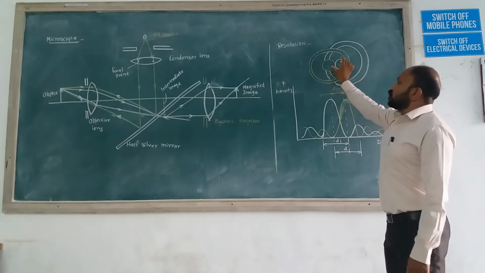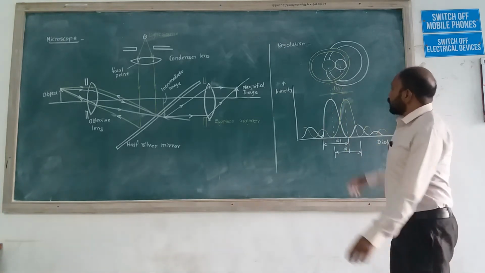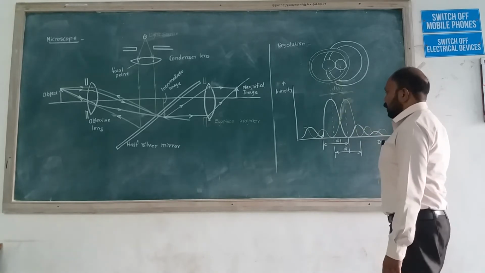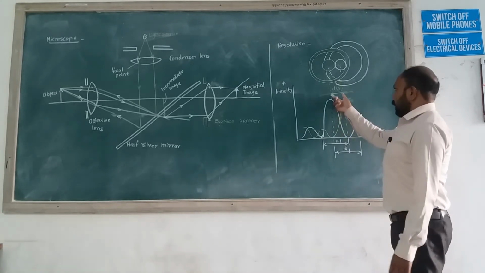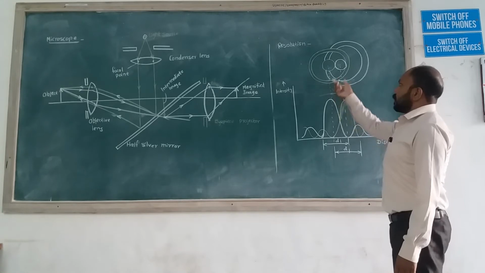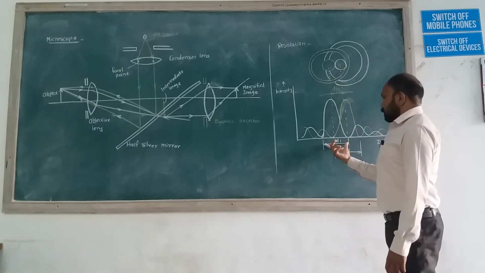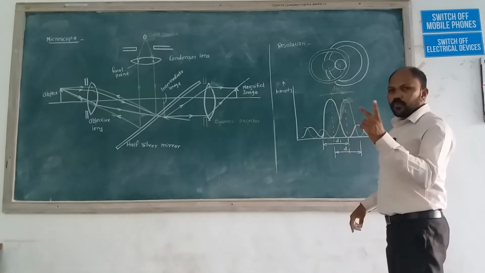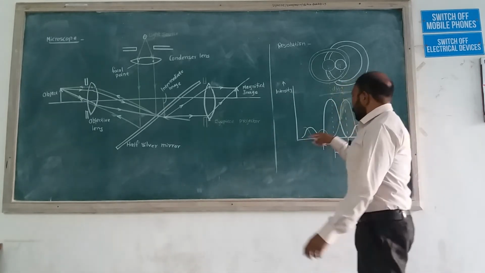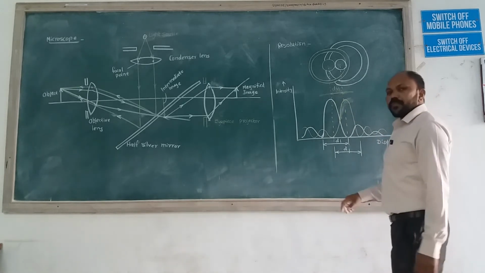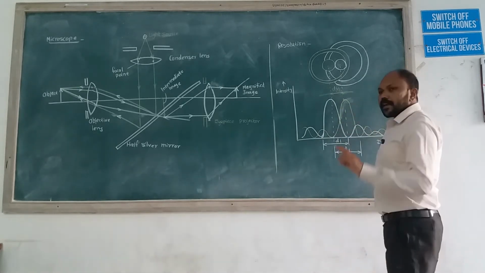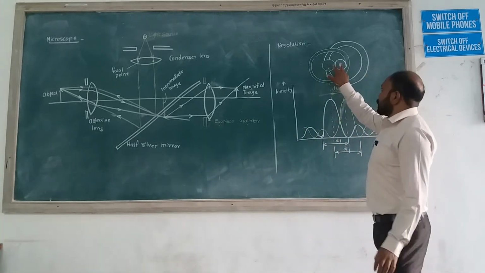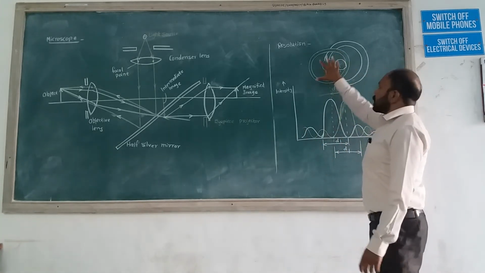So if these two bright spots come near to each other, then we get an intensity versus distance graph of this type. This distance we consider as d1 by 2. Actually two light features are there. White color is one feature of light, and this yellow color is the second feature of light. If these two features come near to each other like this, this graph is related to these diagrams.